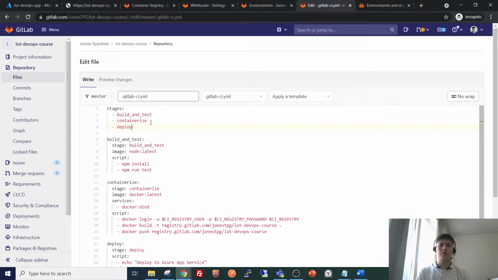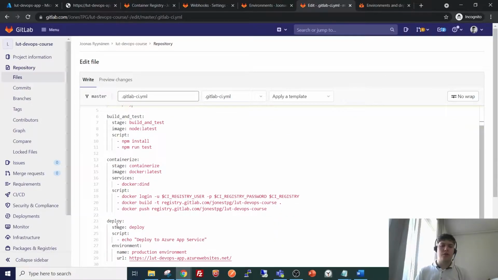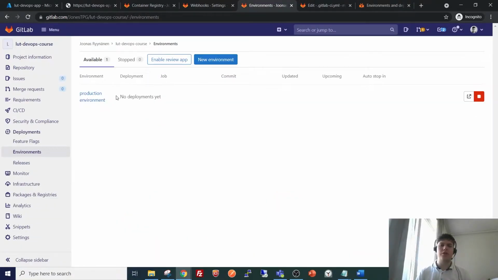Add here. So we now have this deploy stage, and in the script section there is only an echo that says deploy to Azure App Service, but the important thing here is this environment section. This reflects the environment that we created earlier.